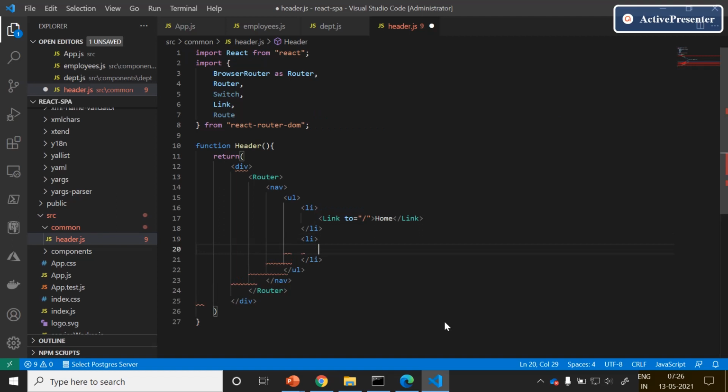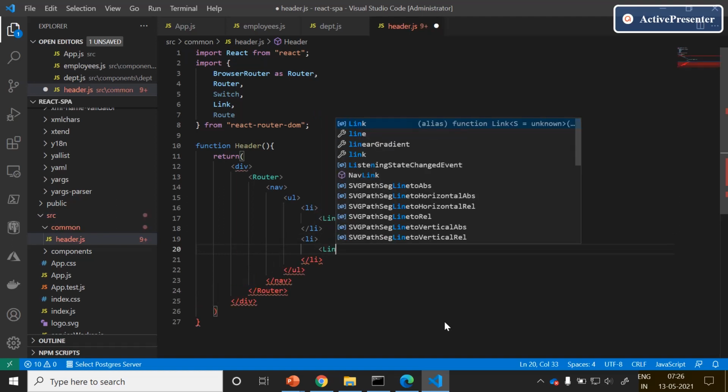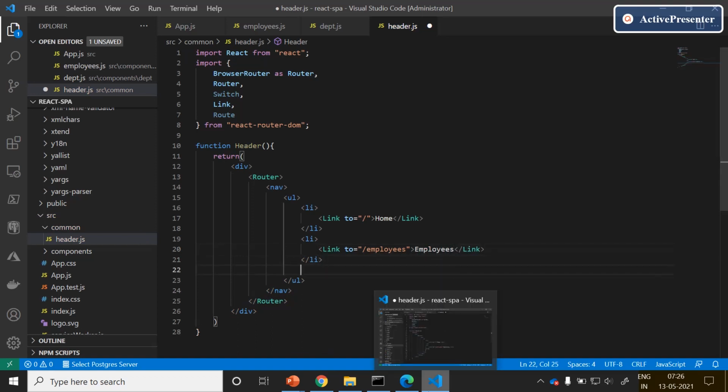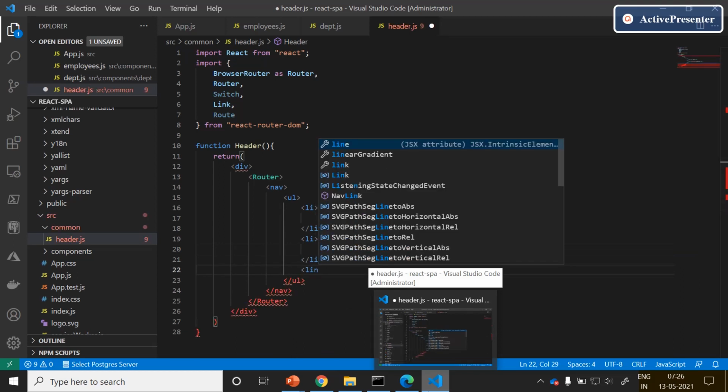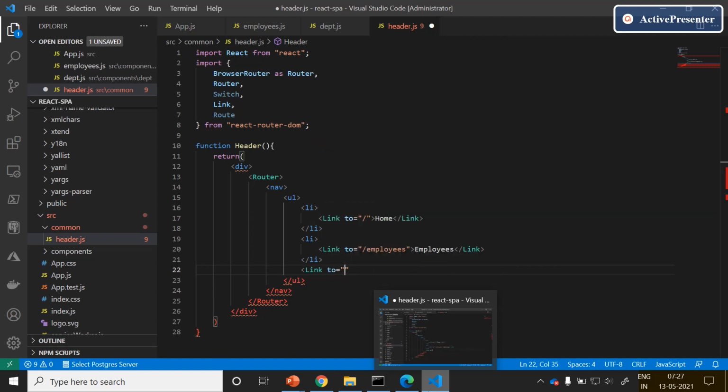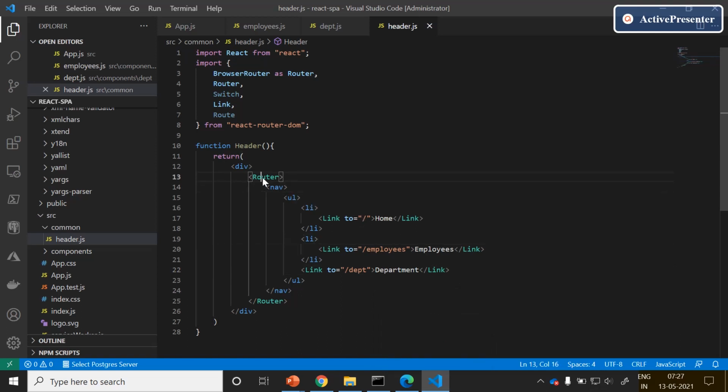The second li contains the employees path which navigates to the employees component. Need to have one more link which helps us to navigate to DEPT. Successfully set up the navigation.